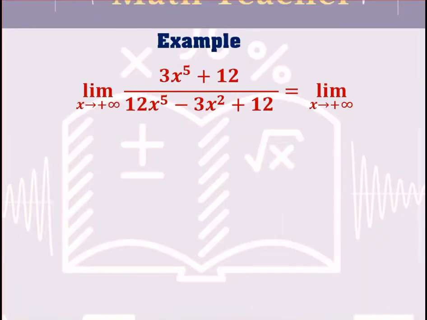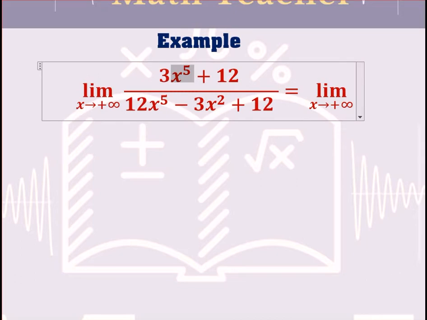So guys, now let us try to solve a different example. Also, as you see in this example, we have to find the limit at plus infinity for the rational function 3x power 5 plus 12 divided by 12x power 5 minus 3x power 2 plus 12. So I will follow the same strategy, in which I'm going to choose the monomial with highest power in the numerator, which is 3x power 5 here, and the monomial with highest power in the denominator, which is 12x power